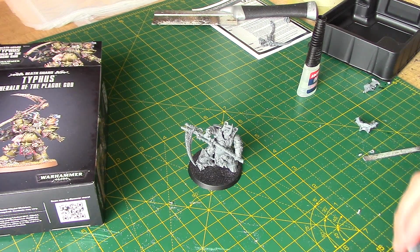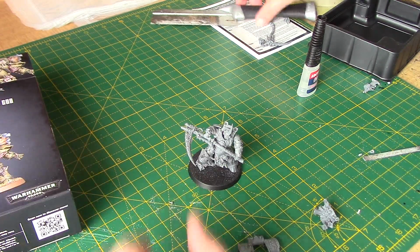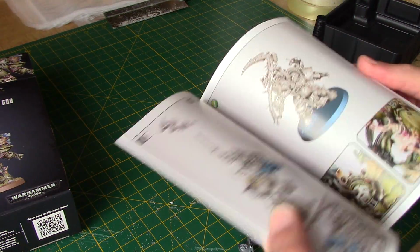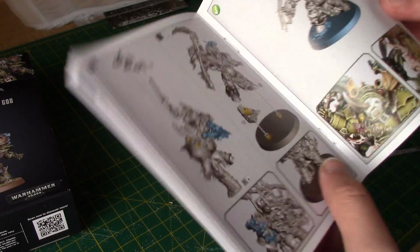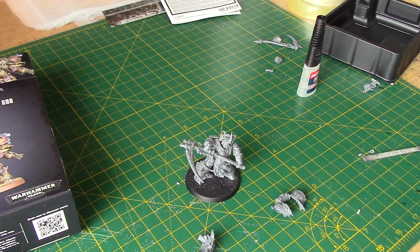Okay, so there's only really a couple of pieces that I'm going to put on. I don't think I'm going to bother with all the flies and stuff like that. I think they all just come out of the Destroyer Hive. Even if I am going to have them on the miniature, I'd probably want to keep them all separate, just to make it easier to paint. So we've only got these two bits to put on,